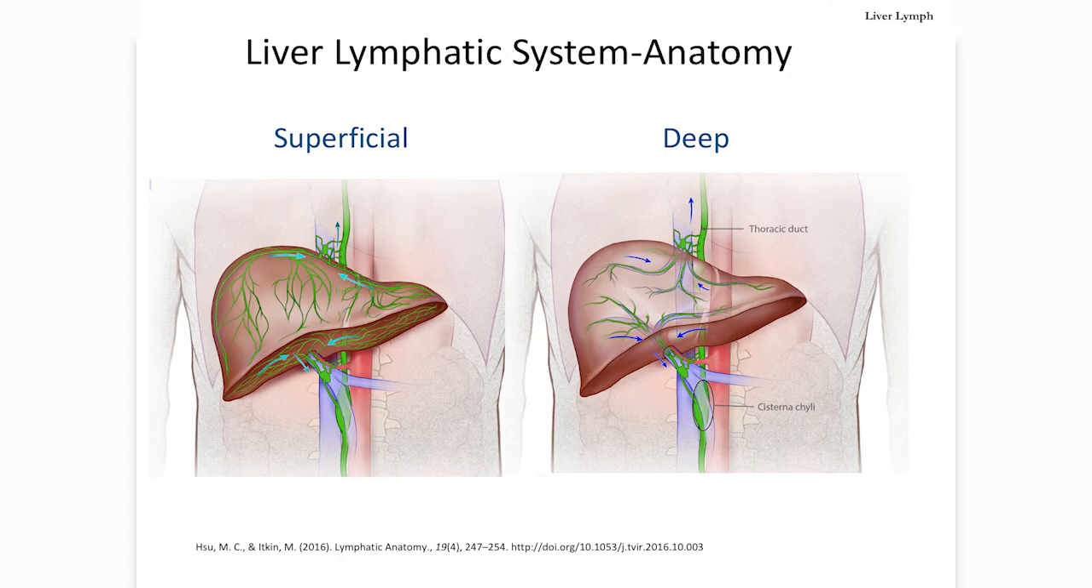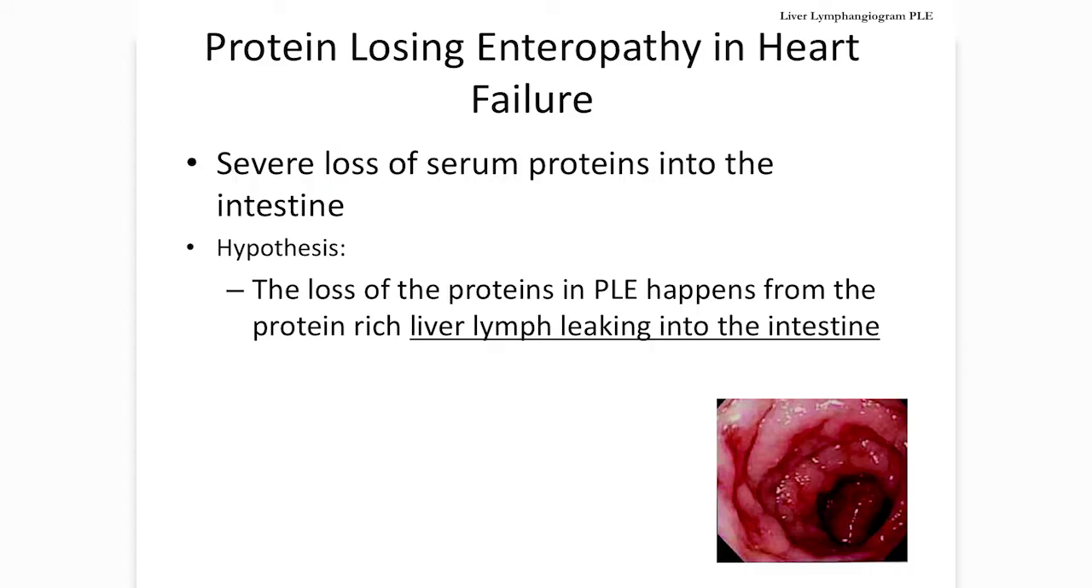Why is the lymphatic system important? Because the moment the liver is congested, it immediately generates an enormous amount of lymph. And number two, liver lymph is very, very high in proteins. So when we face the problem of protein-losing enteropathy, especially in patients with heart disease, a condition where there is a severe loss of serum proteins into the intestine, we hypothesize that maybe the cause is the loss of proteins from the liver